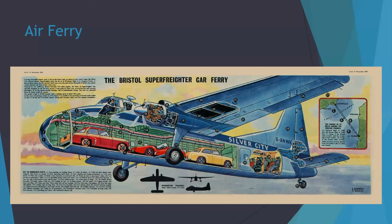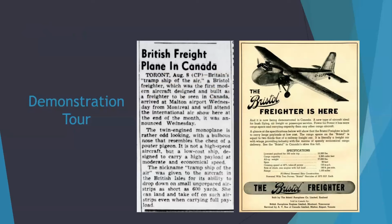Performance-wise, the freighter could carry a 5,000-pound load over 1,700 miles at 164 miles per hour, or a 12,000-pound load over 820 miles. In August 1946, Bristol Freighter Mark I